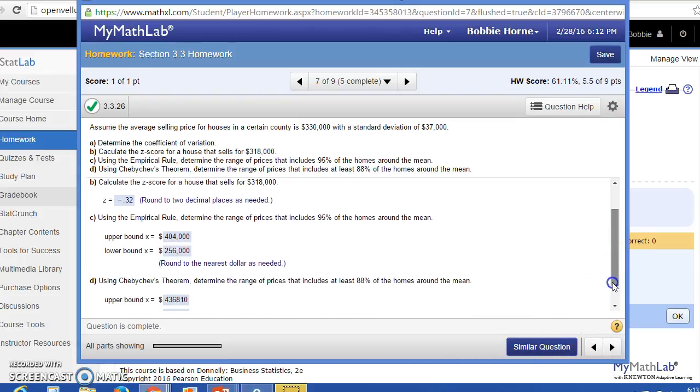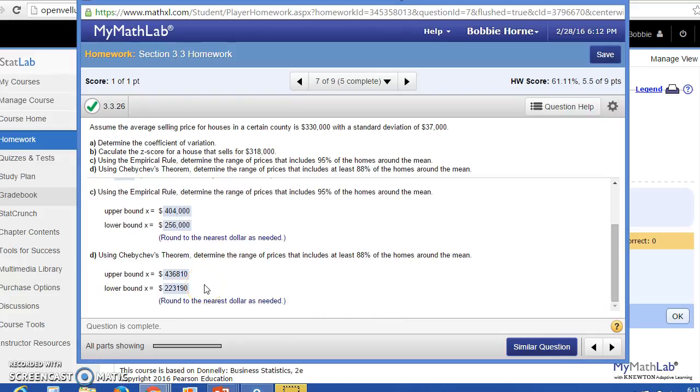And then on the last part, Chebyshev's theorem. This is a little bit more complicated, but it's fairly simple if you follow the steps each time. On this one, they're asking us for the upper bound and lower bound, and we know the percent. So in order to get your z-score, you take your percentage, you say 1 divided by 1 minus your percentage. So here 1 divided by, well, 1 minus 0.88 would be 0.12. When you get 1 divided by 0.12, you get, I believe it is 0.83, and then you take the square